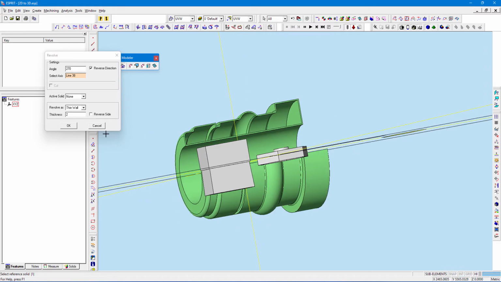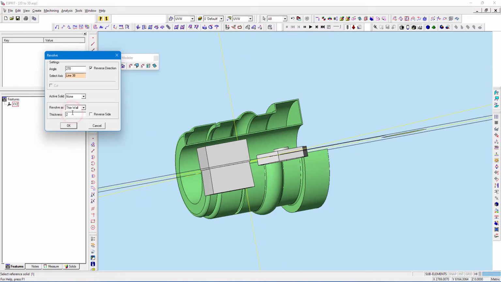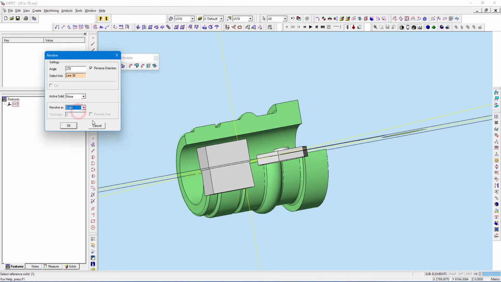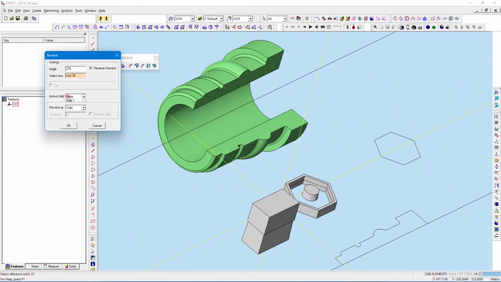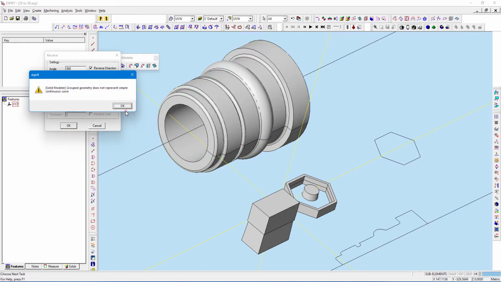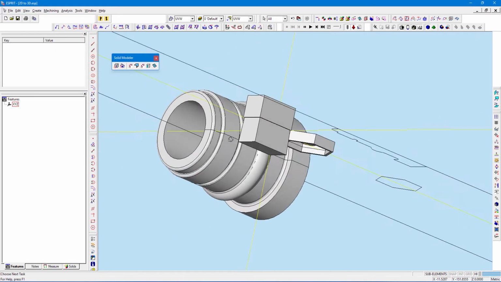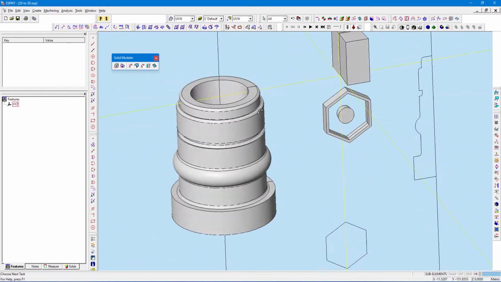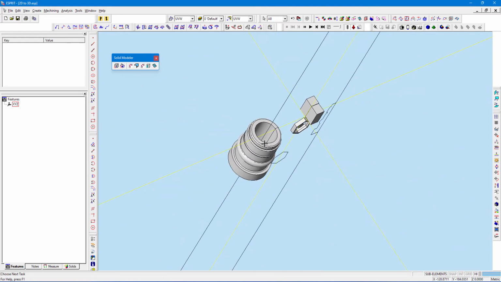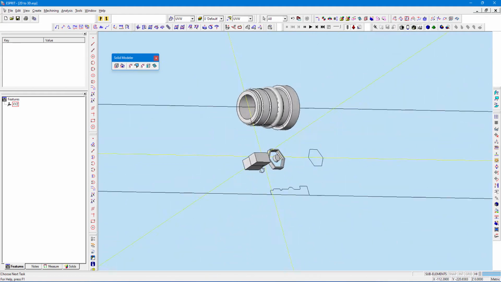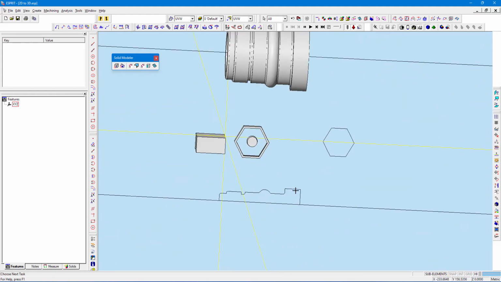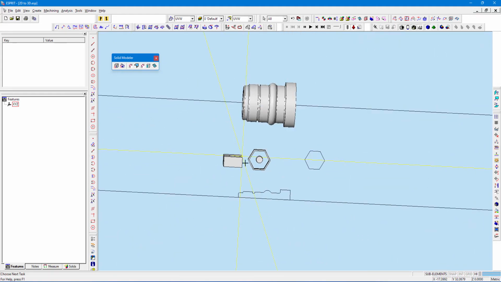If you see the wall thickness, you can give it, or you can have a 3D solid, and you can also give 360 degree to get a complete sketch. And I have just completed my sketch. You see the design component which is generated on this. Okay, and next option I will show you.